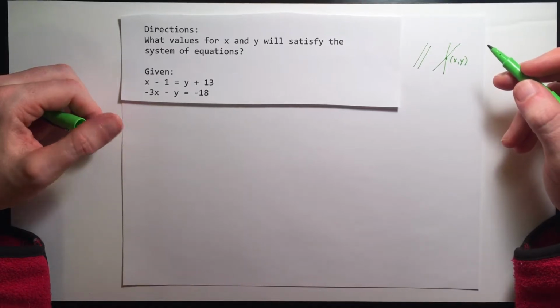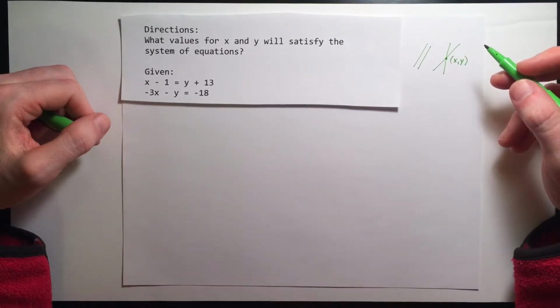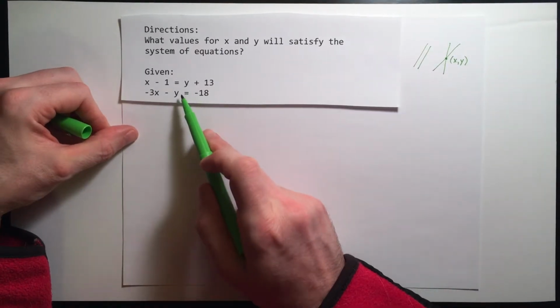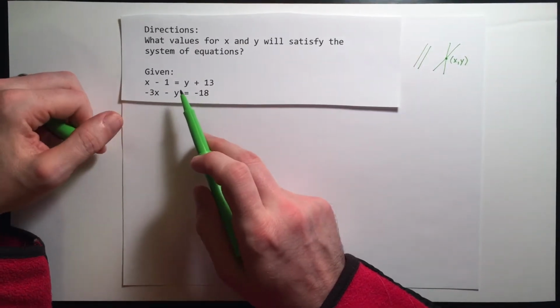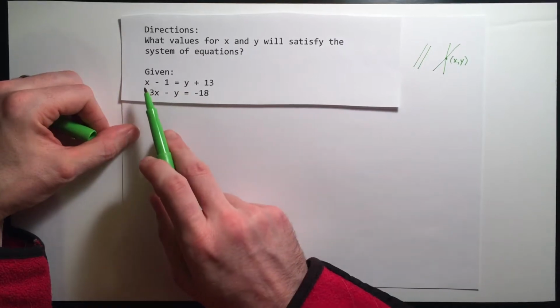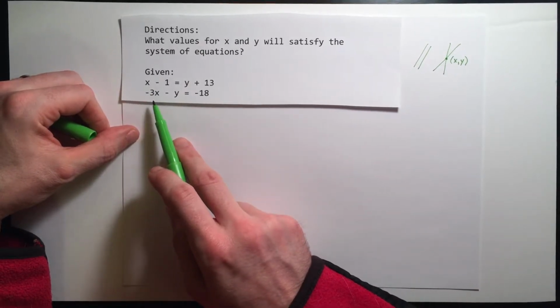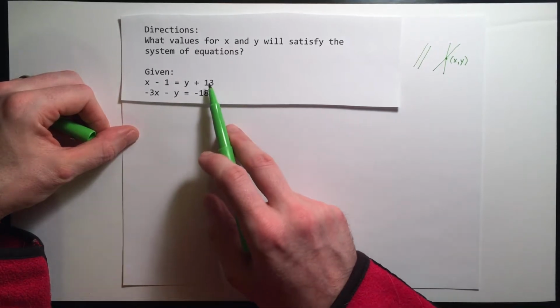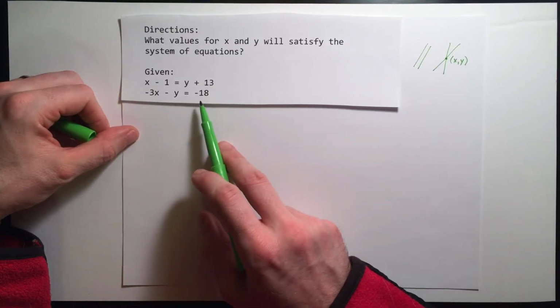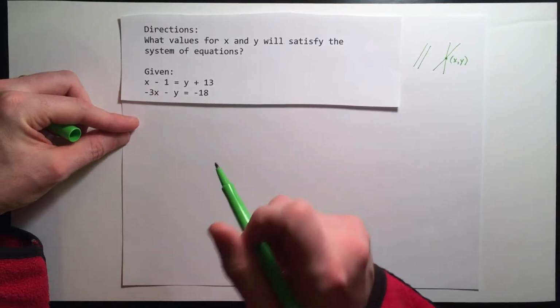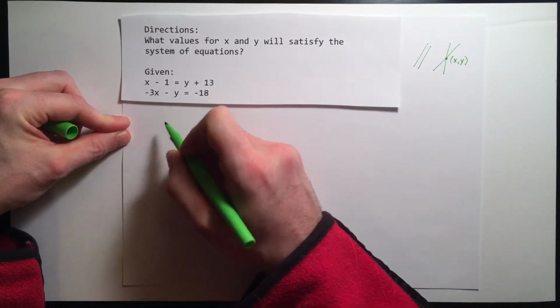Another method is called combination. And combination works pretty well if when you line up the equal signs in the two equations, every type of expression, like expression that contains x, would line up with each other, and the expressions with just numbers would line up with each other, which is true here for the most part, but if we look real closely